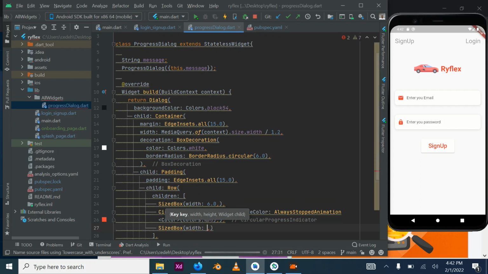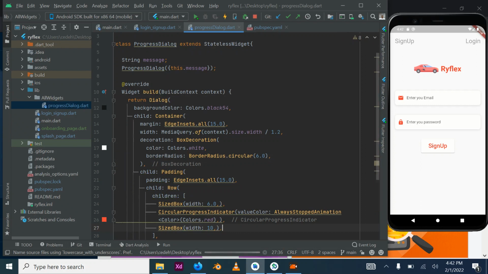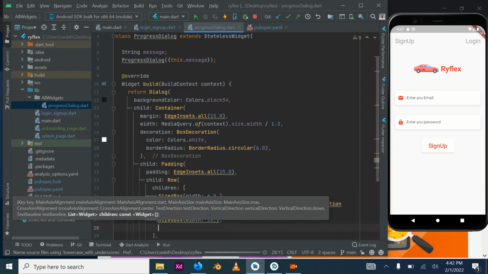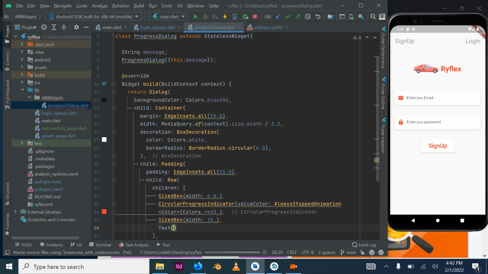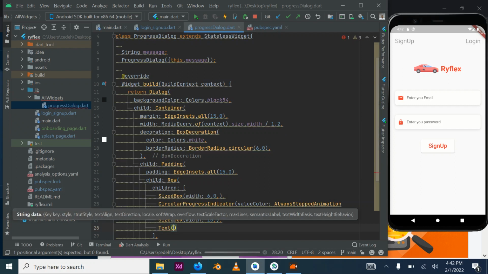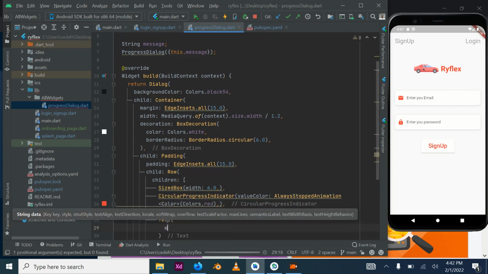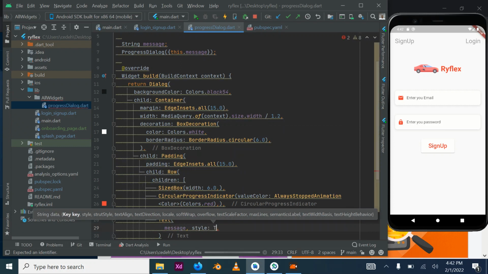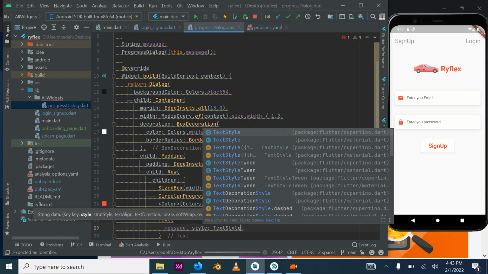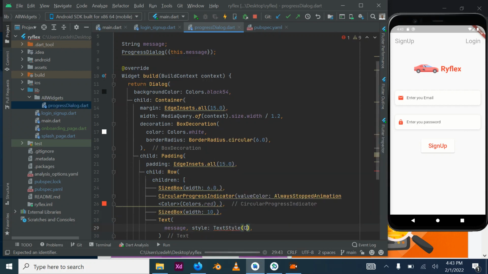The width of the sized box should put a gap in between the loading icon, the loading stuff, and the text which we will display. So we are going to display a text, and the text which we are going to display is our message which the user will send to us. So the text style we are going to use is